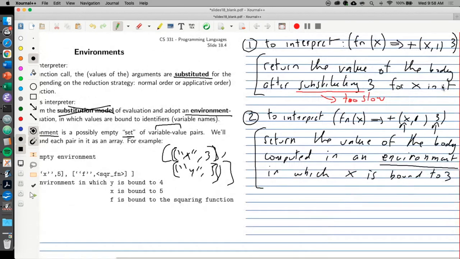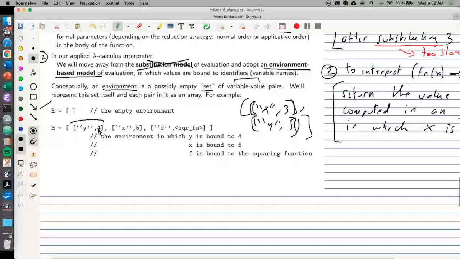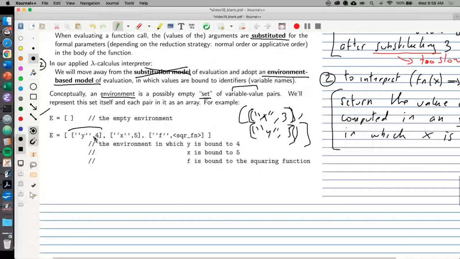namely whatever string we saw in the parameter here, and then the value will be whatever it is. Like in this case, it's an integer. So in this environment, we're going to say y is bound to 4, x is bound to 5, meaning y has the value 4 right now in this environment, and x has the value 5, and f has another value, by the way. So what values can we have in Slang 1? Well, remember in lambda calculus, the only values we have are functions. But in Slang, we have functions and integers because we added integers as a built-in data type. So here, this is an integer value,